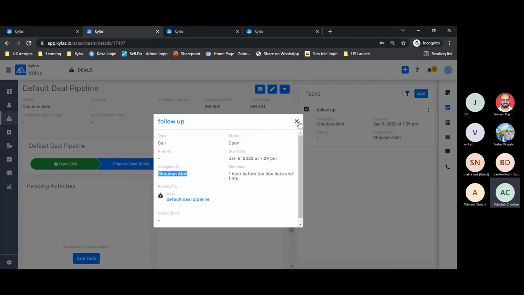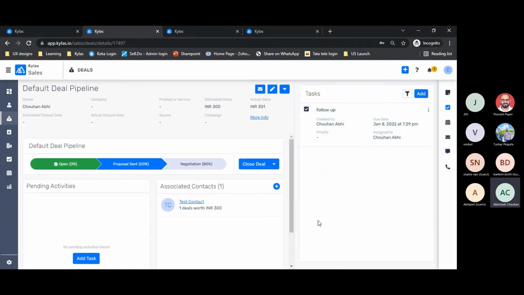So how is it helping us? Many times these pipeline stages are changed via some integrations. Let's say we have an e-commerce portal. A customer has bought some product, and based on that we are changing the pipeline stage automatically. But based on the automated stage change, there is some activity that the sales user has to perform. How would this person know that a pipeline stage has been changed and they are supposed to perform some action? Then this automation helps you.